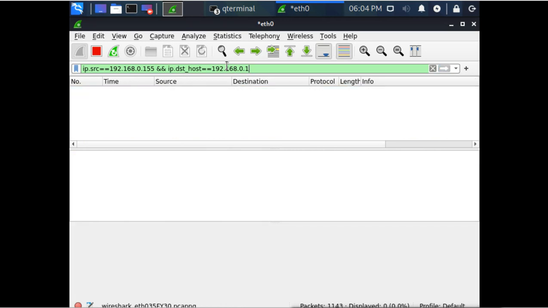Okay, there is no data there, or I should go for only destination. Destination is equal to 192.168.0.1. So these kinds of filters we can apply on it.